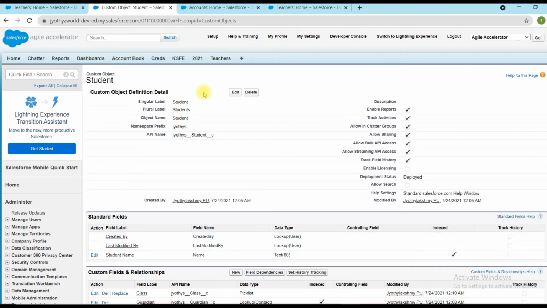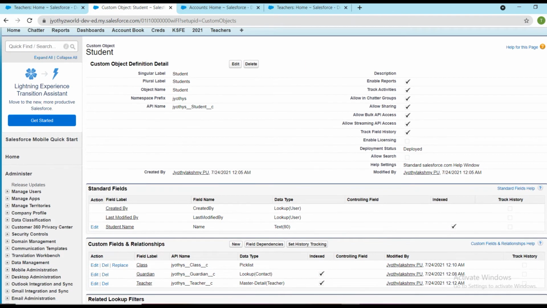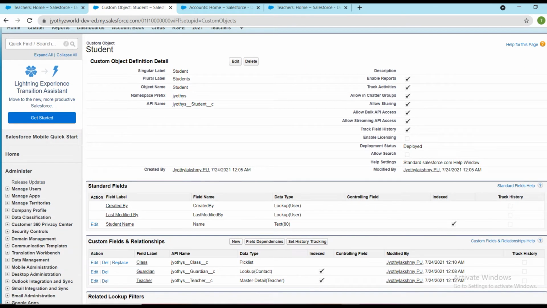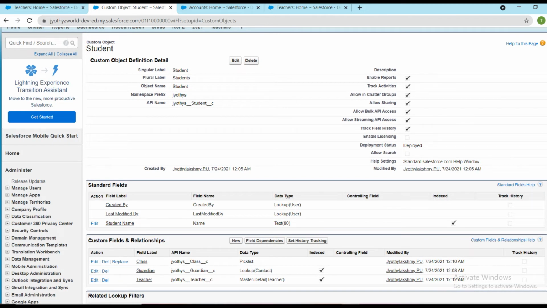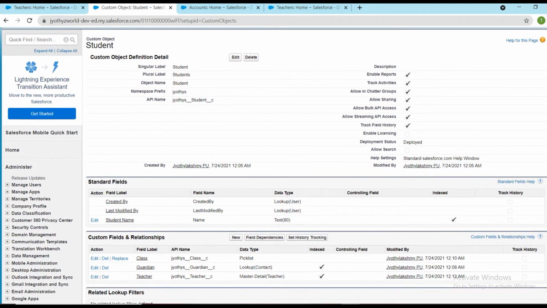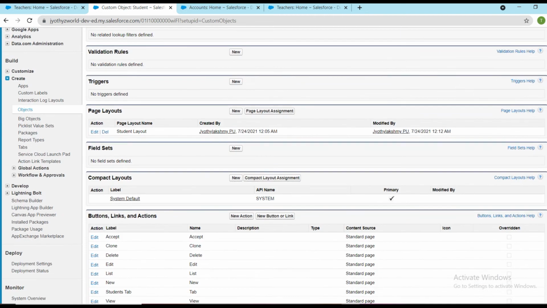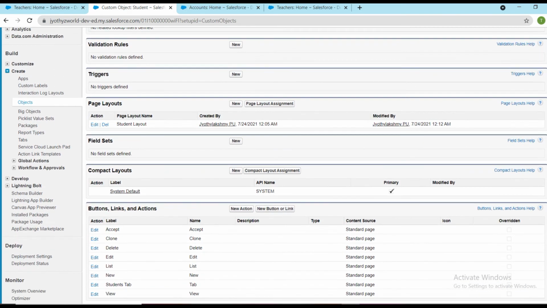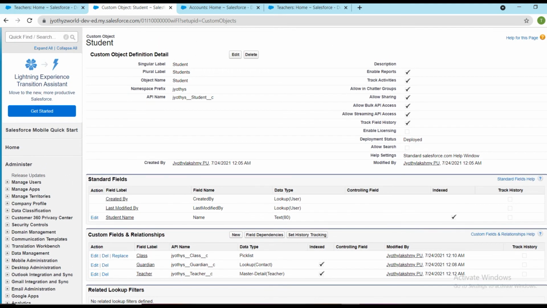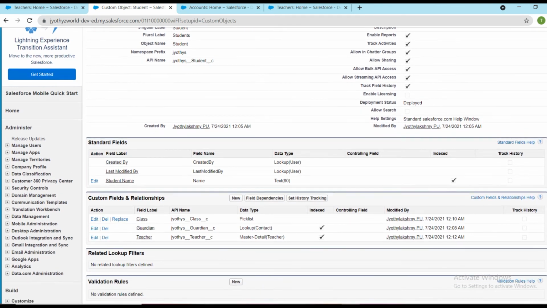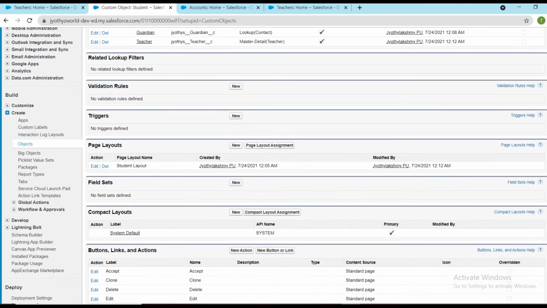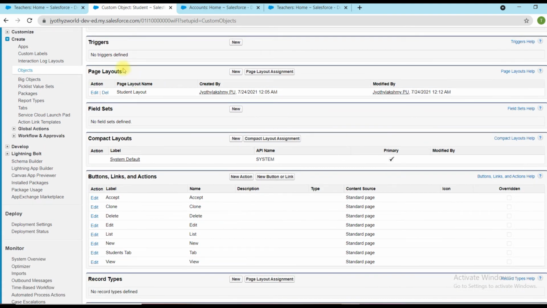I will show you how to create 2-3 records, but before that we have to create a page layout for these objects, the custom objects student and teacher. See, this is the object for student. Within that student object we can see the page layout.